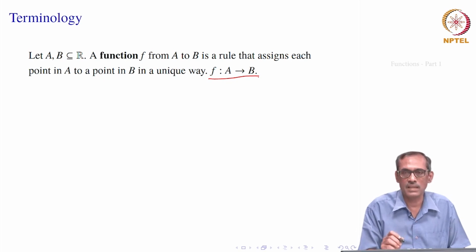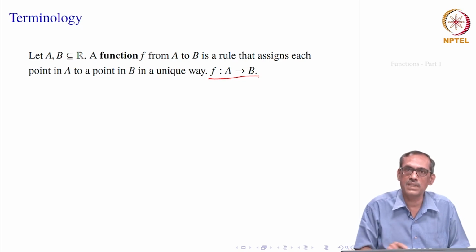It does not mean that all the elements in A are assigned to one particular element in B. It is not that. It can happen in some of the examples, but that is not what it says in general. It says that if you start with any particular number in A, then it is assigned to, or associated with, another element in B. But that way of assignment is unique to this particular number you have chosen from A.